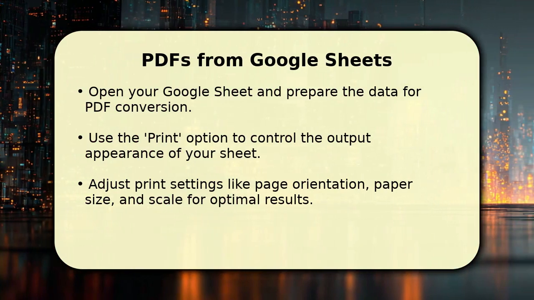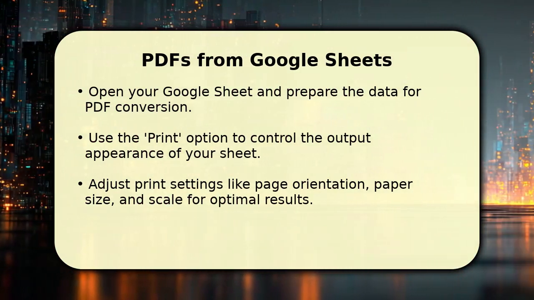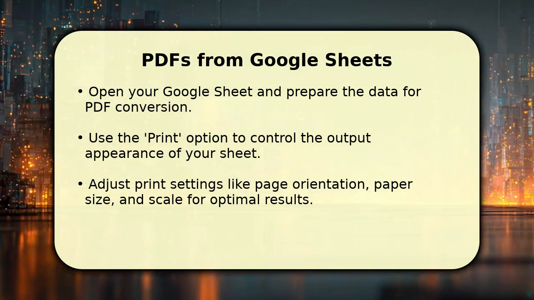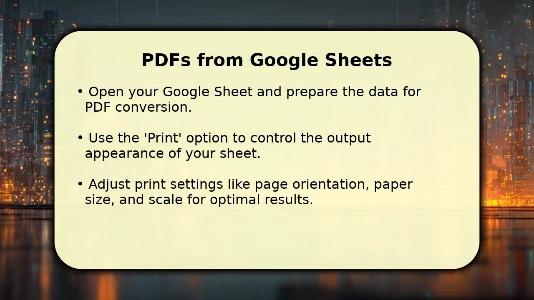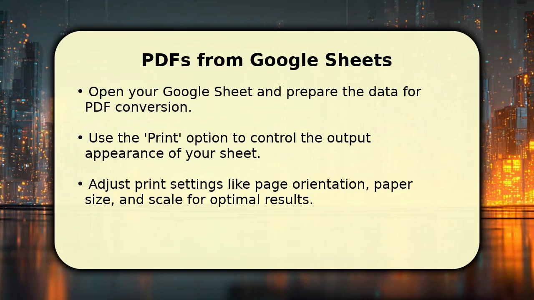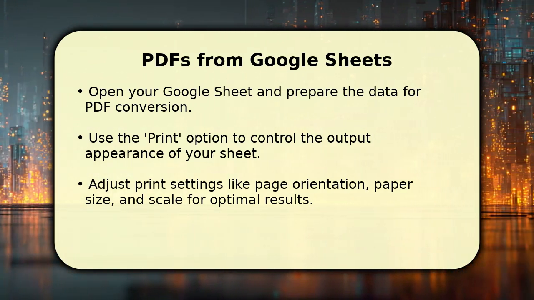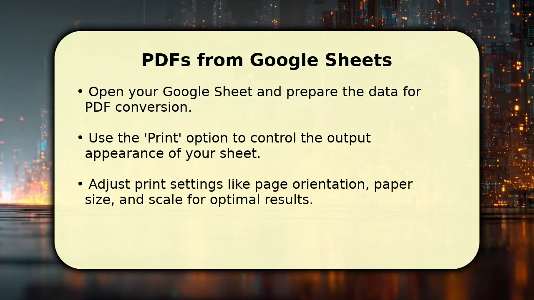Converting a Google Sheet to PDF offers great control over presentation. Open your spreadsheet, then navigate to the File menu and select Print. In the Print Preview window, you can customize the page orientation to portrait or landscape, choose your paper size, and even adjust the scaling. Fine-tune these settings to ensure your data fits perfectly on the page, avoiding awkward breaks before